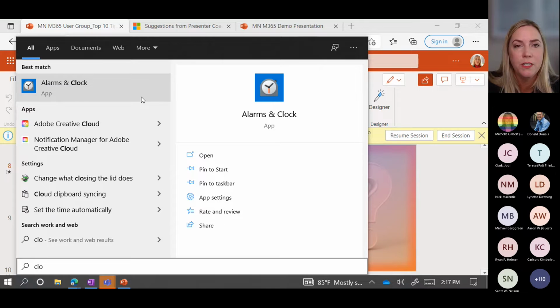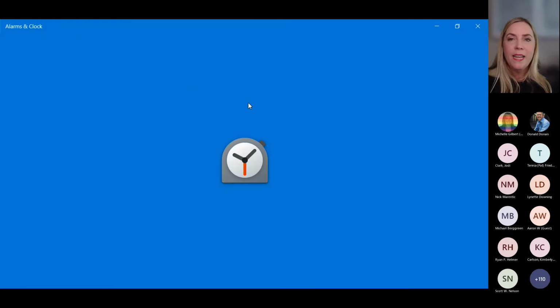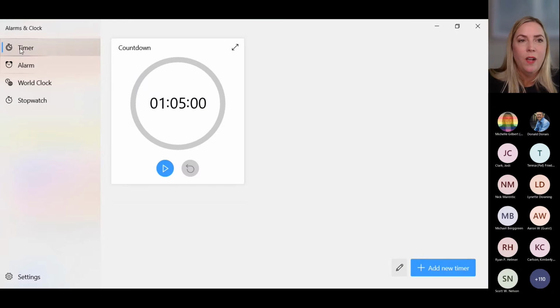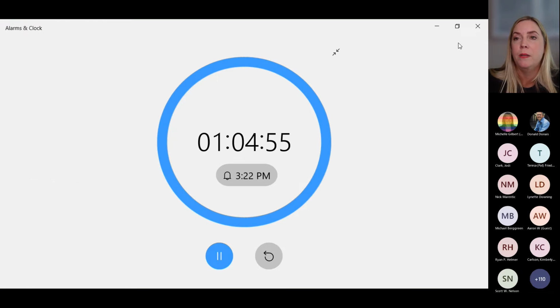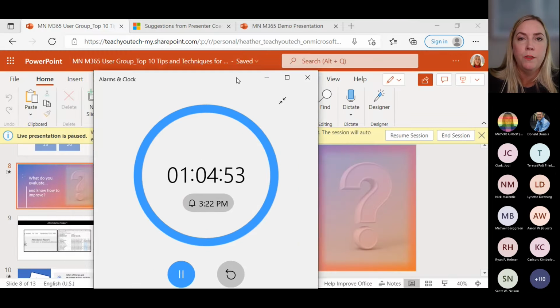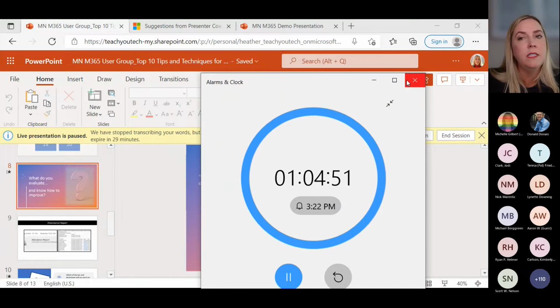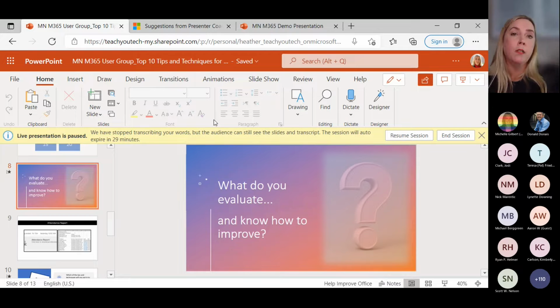I always get the questions of, what is that you have on your screen? Well, I might just have a timer that's set to a specific time, and then as I'm playing it, I might just make it full screen so it looks a little more something like this. Make it smaller, put it in the corner, whatever I need to do. Just a simple countdown clock, timer, whatever you need to time box what everyone is doing in that session.